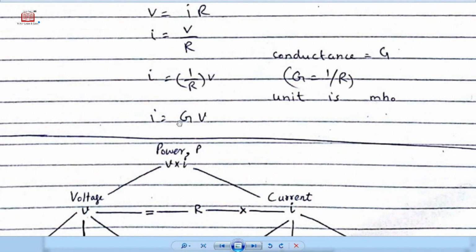This G is used when, in the question, conductance is given, not resistance, and the examiner asks you to find the current. If you have the basic sense that G is equal to 1 over R, just use this formula and enjoy